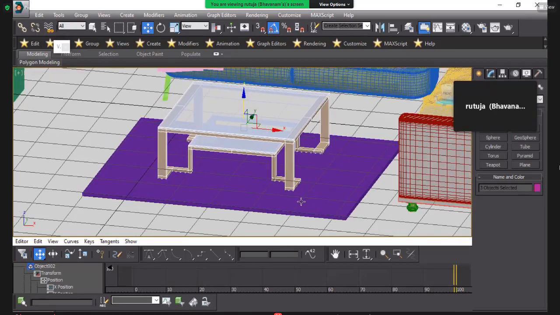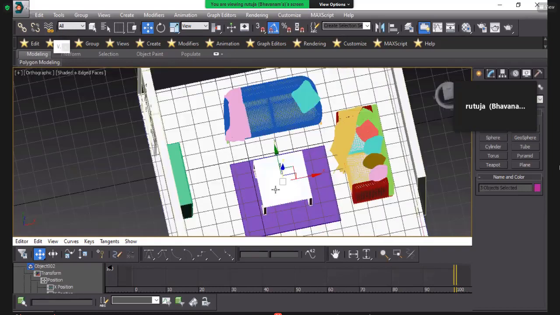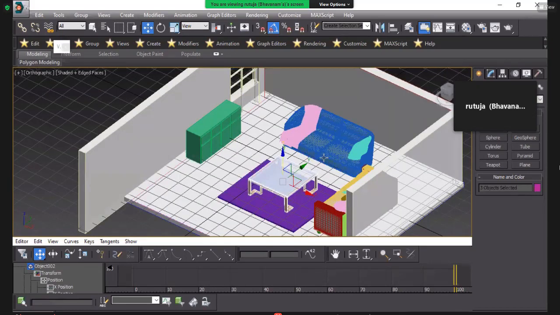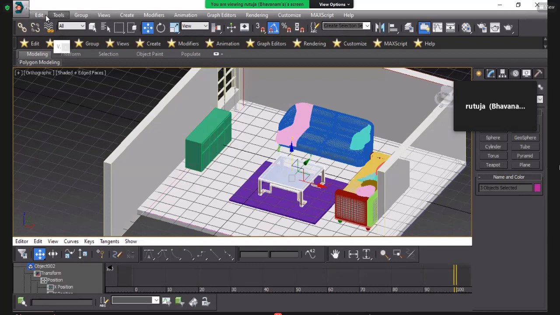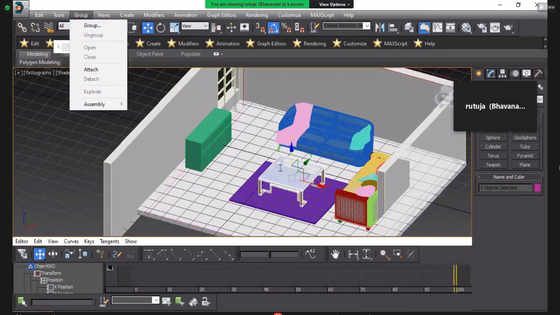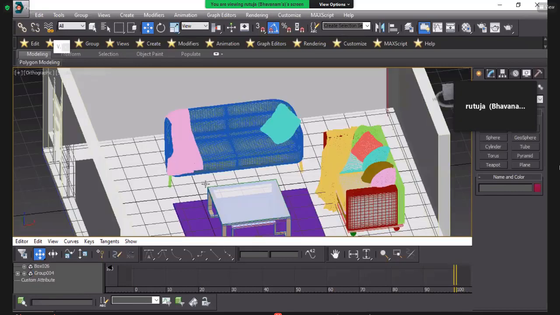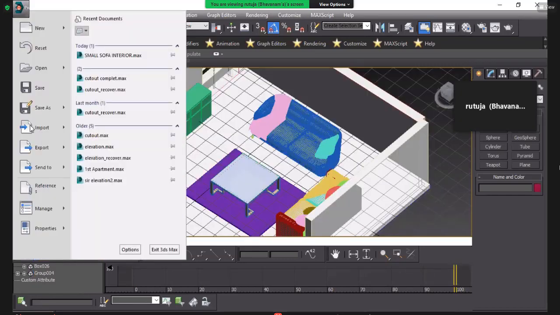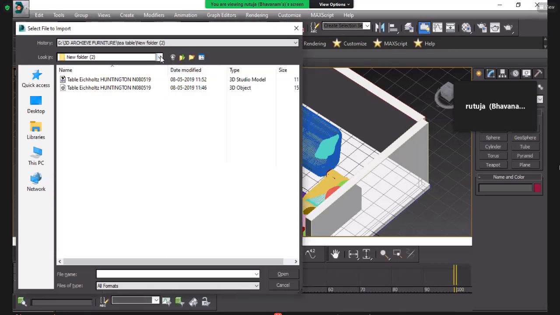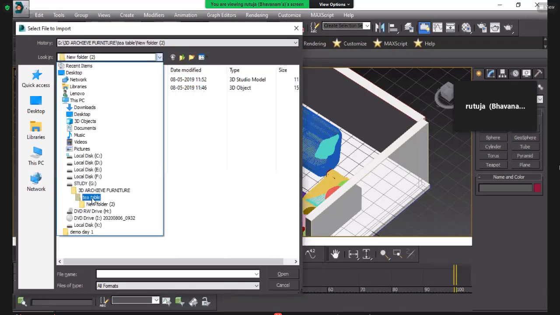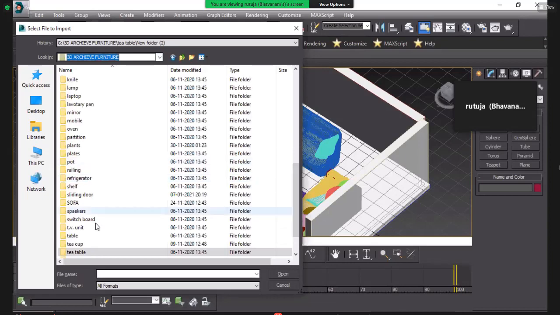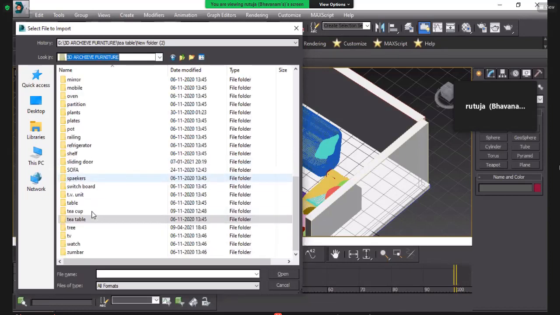Okay. Like that, your carpet will be ready here. So what we can do now, group your tea table first. Okay, it will be easier for the move. So now what we can do, we will import the objects which are required: a teacup, and trees and plants, another one. Okay, we'll import teacups.